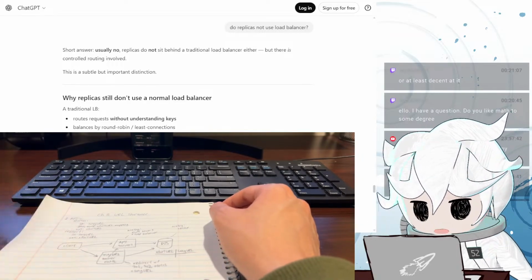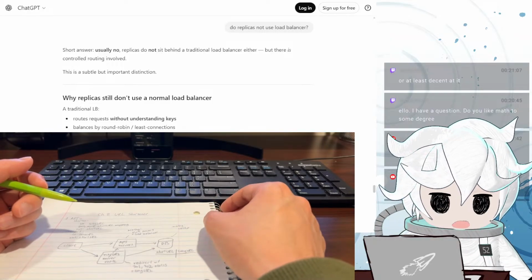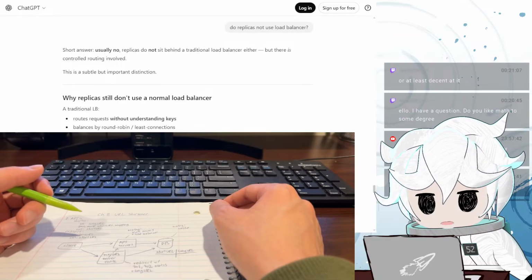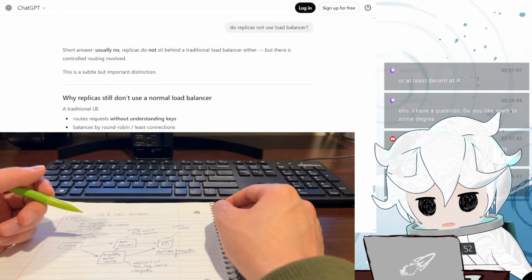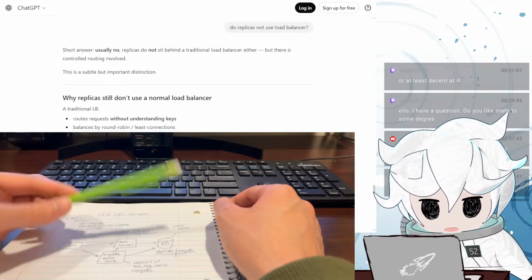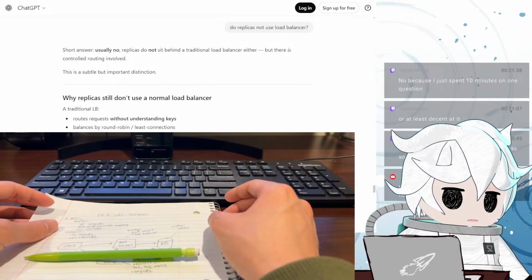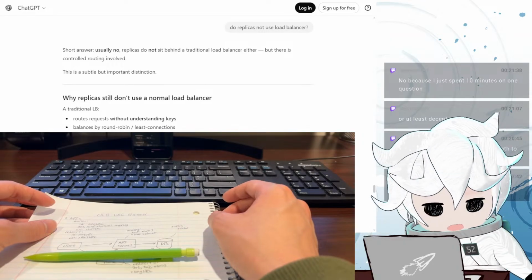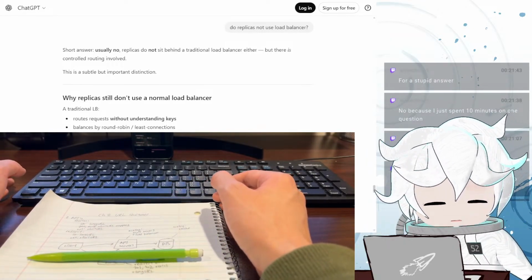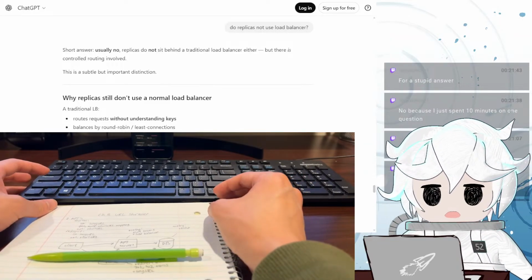Do you like maths? Yeah, I don't think I'm the type of person who really likes maths. I think if it helps me make the apps that I want to make, then maybe I like it. But usually I'm not hopping to do math. No, because I just spent 10 minutes on one question. Which question for a stupid answer? Dang. What are you working on? Calculus? Geometry?